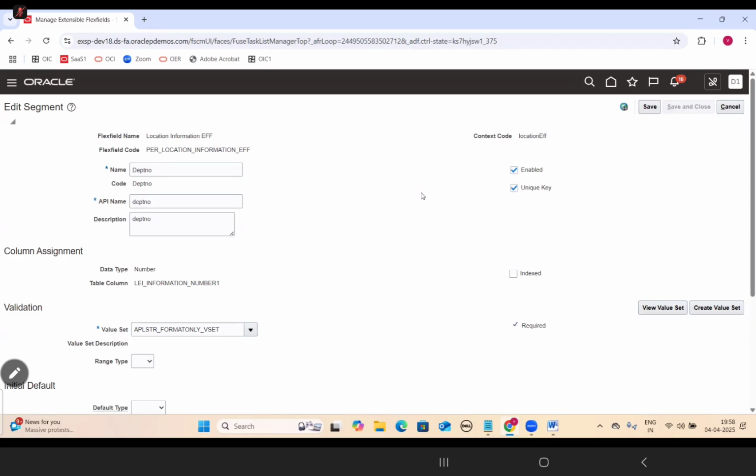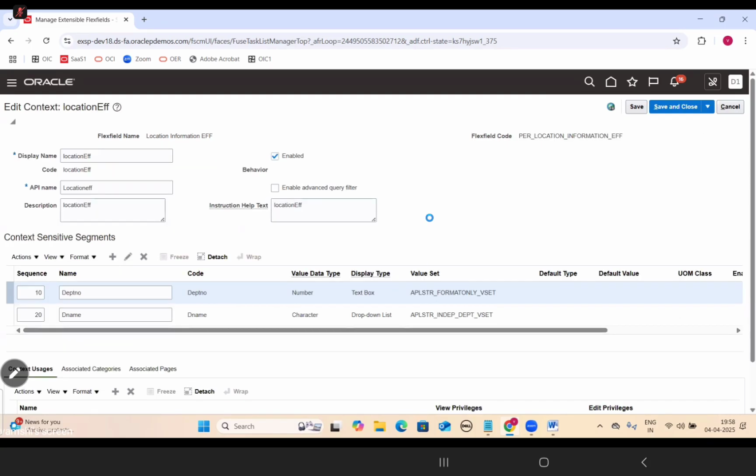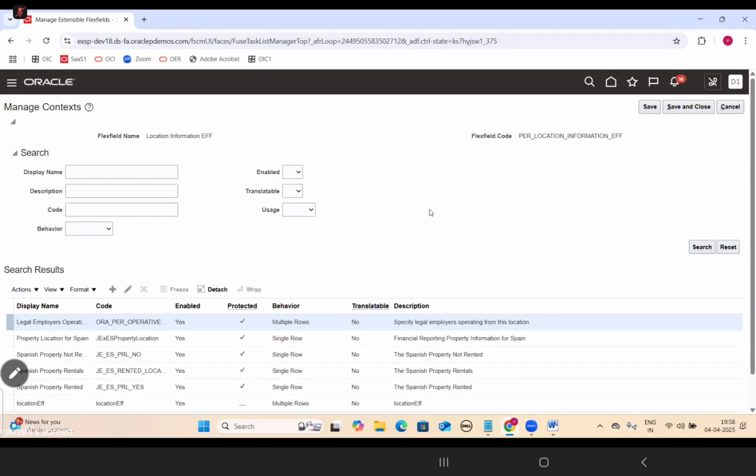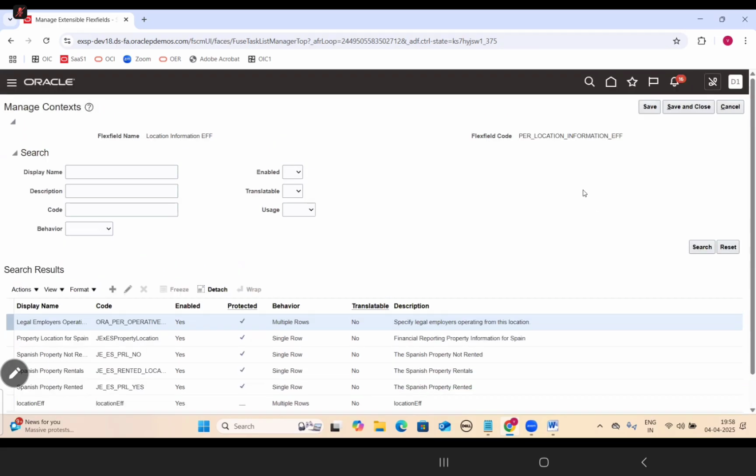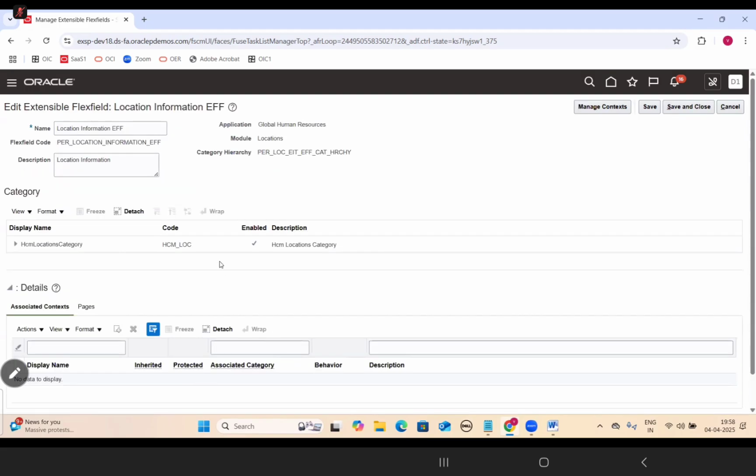Save and close. Save and close. So we added the location EFF column, multiple rows. Save and close. And guys, the important thing is, let me show you. The important thing is the location, whatever department data we added right now. So that information, where do you want to display it in the page? So in the location page,